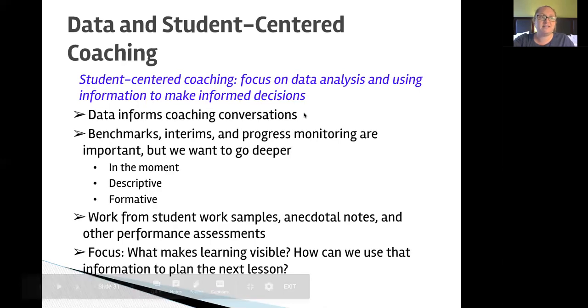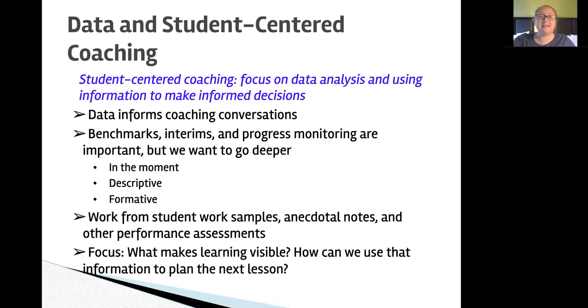So often teachers will say something like, none of my students understand this skill or this strategy. Well, when they say things like that, is it really none of them? And then you say things like, well, can I see the data that shows that? And then the teacher will say, oh, it wasn't all of them, it was like 4 of them, right? Everything has to be anchored in data to be valid.